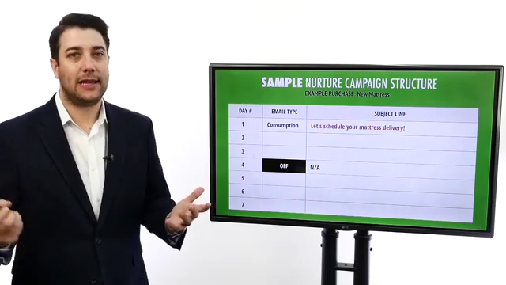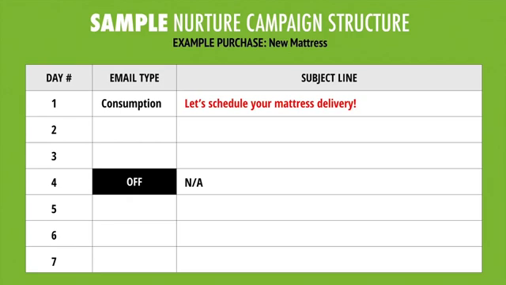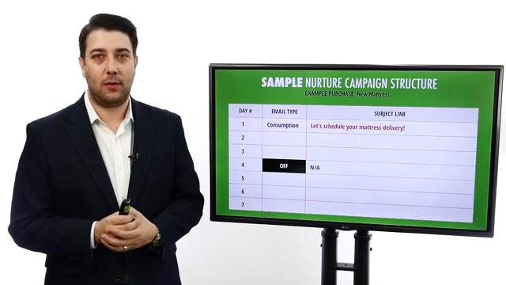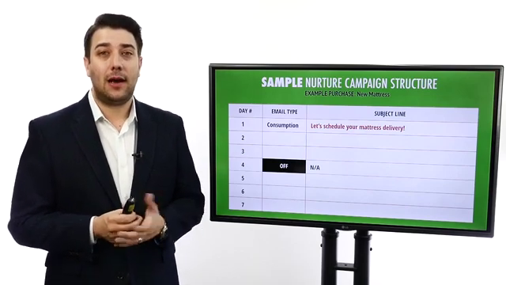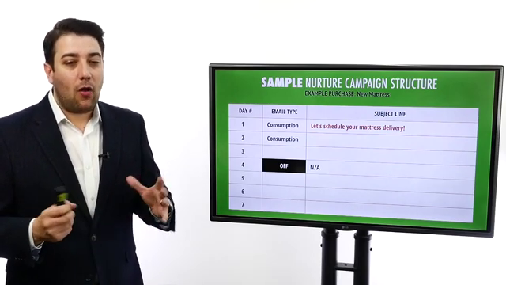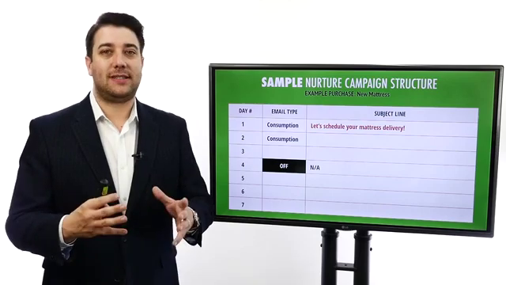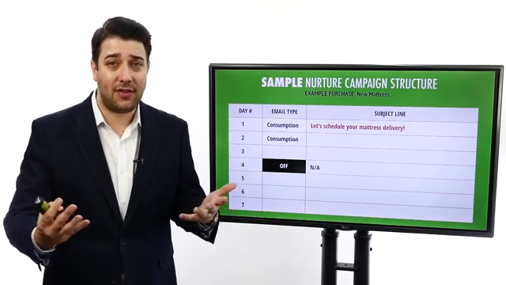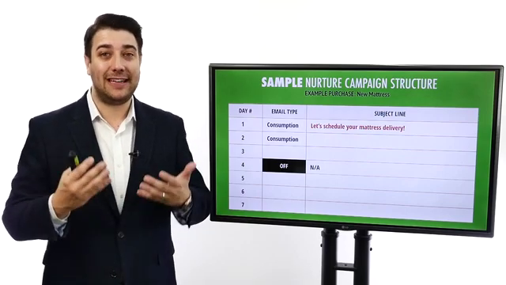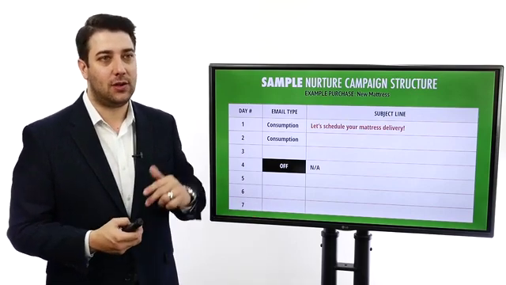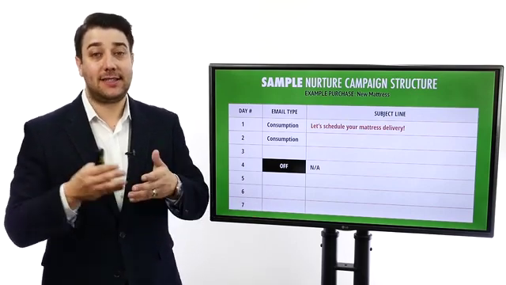So what would the first consumption mail be? Let's schedule your mattress delivery, right? Especially if you made it online and you weren't able to do that right there with the rep. Or if you did, it may be confirming your mattress delivery date. All this email is doing is keeping you excited about a purchase you've made, money you've given up in exchange for nothing. I have to continue to paint the picture and teach consumption before you can actually consume. So consumption being, let's schedule the delivery.